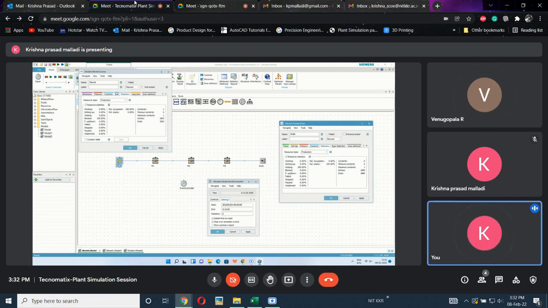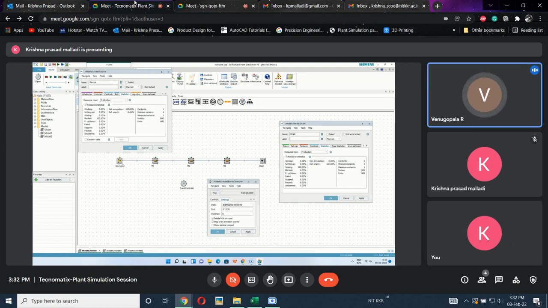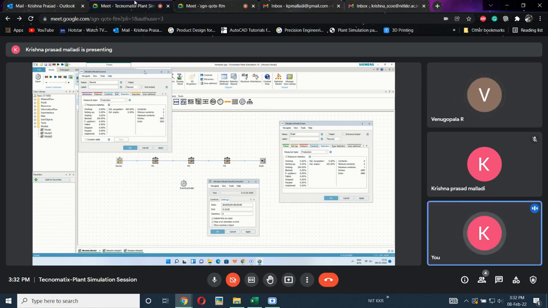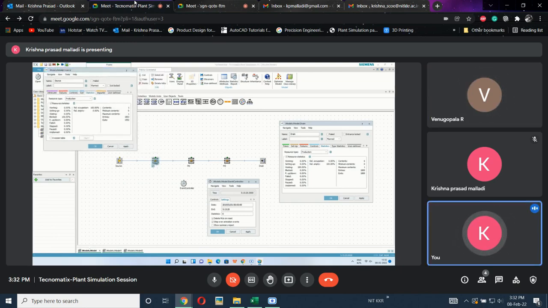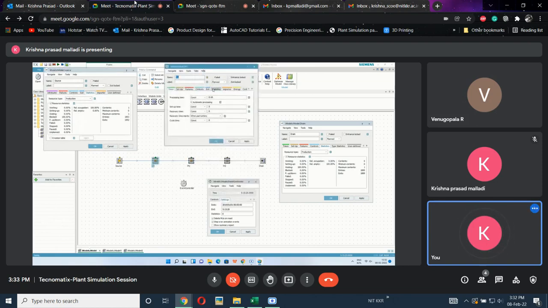Whereas in the first step, entries are 1893, which means this box has 1893 pieces. Out of 1893, 1892 pieces have already been dispatched from the source. If I select M1, double click on the machine and open statistics, the entries are 1892, matching the source exit of 1892. But the M1 exit is 1891.